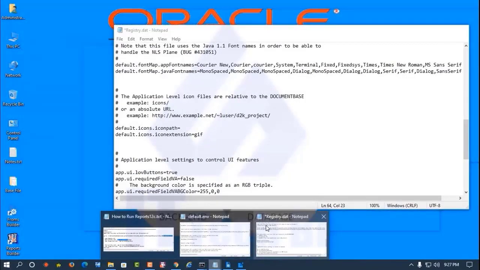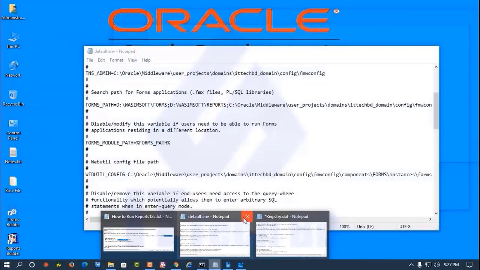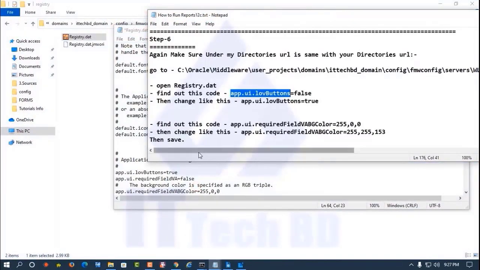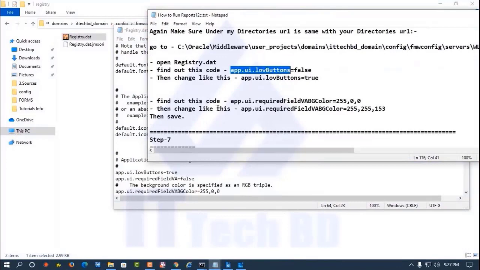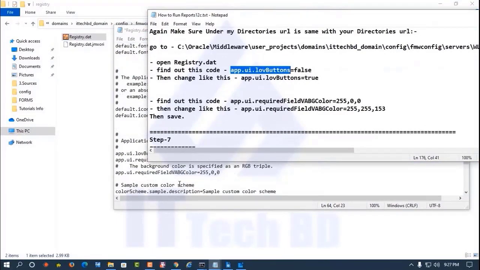Also this one, remove. So again find this code. This one you see, the value is 25500. We need to remove this value and add this value, 255, like this. This value we need to add, copy this one,